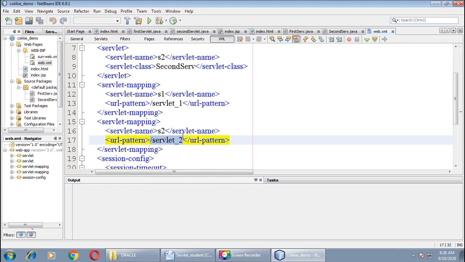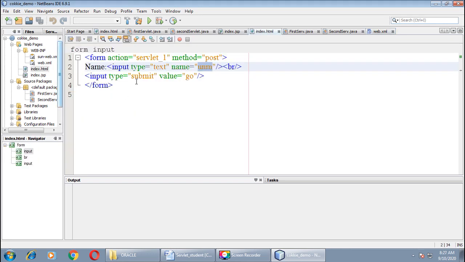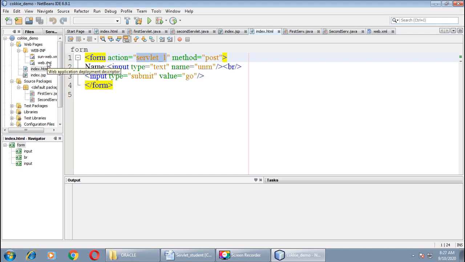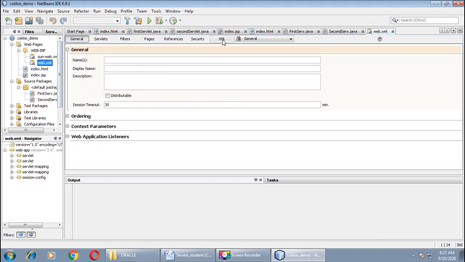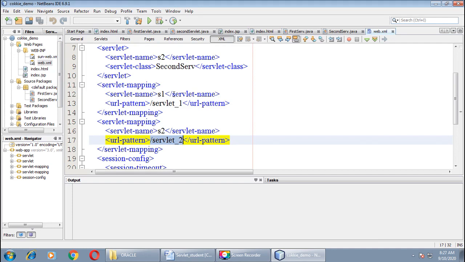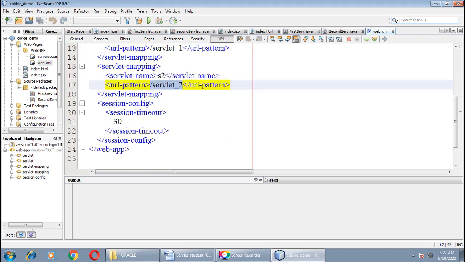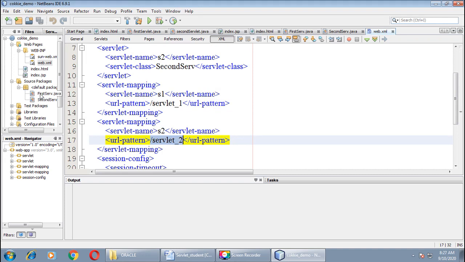Keep these things in your mind. In the HTML page, index.html, our action is servlet1 for our first servlet page, and for the second servlet page the action is servlet2. So both will be available in the web.xml file. Go to XML, right? Here you can see servlet1 and servlet2 both are available. Okay, go back to your second servlet page.